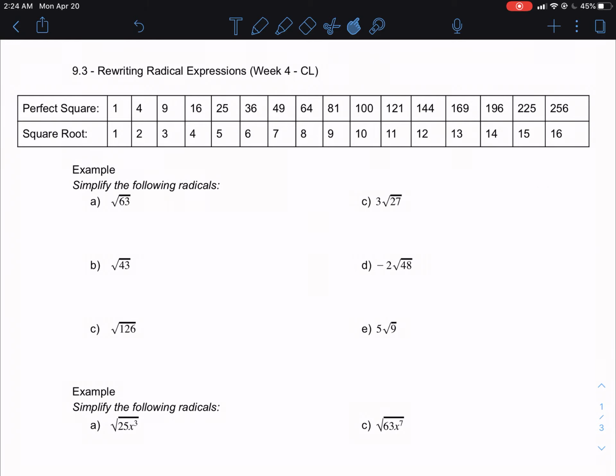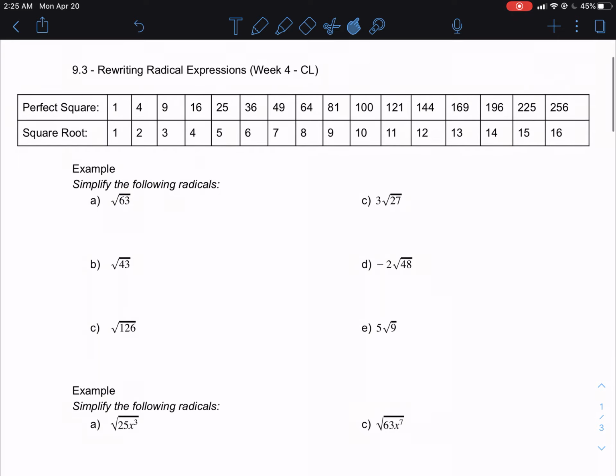Okay, so this week in Algebra 1, we're going to look at simplifying radicals. So this is also the same thing as rewriting radical expressions. So we went ahead and gave you this table, which gives you all of your perfect squares and the square roots of them. So what this is saying is, say we take the square root of 16,